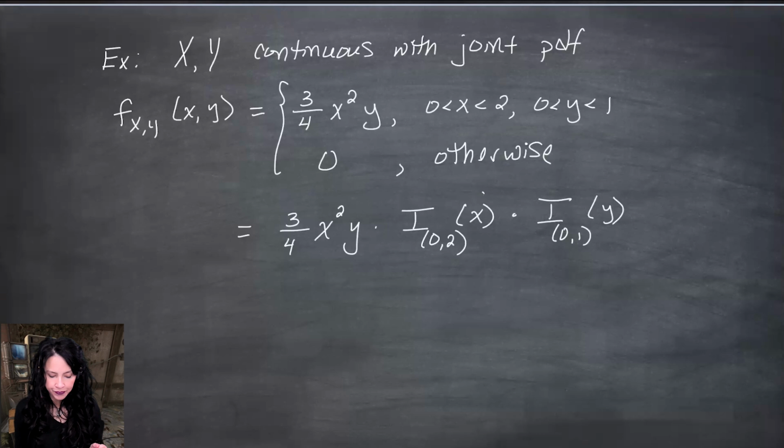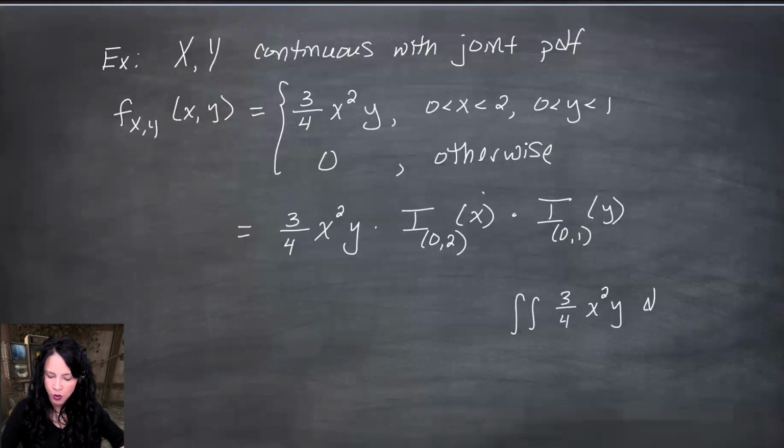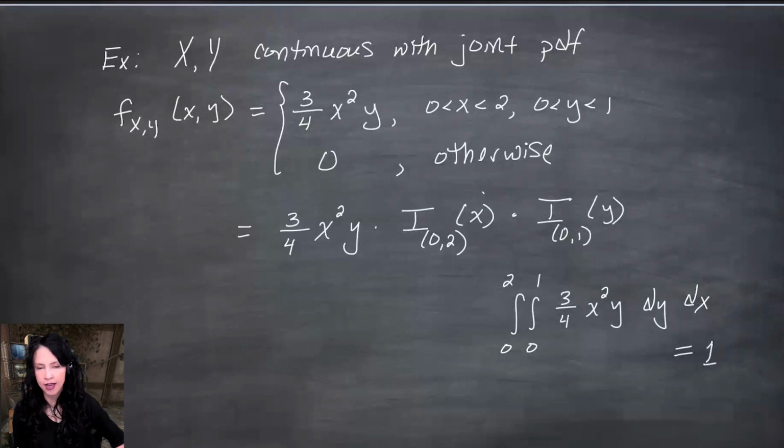Okay, this needs to be non-negative, and it's like a surface under which volume represents probability. And if you integrate over that whole region, it needs to integrate to 1. So the double integral of this is going to be 1. So I'm not going to do that. We're going to do plenty of integrals today. But if I were to integrate, I can do this in either order, dy dx or dx dy. So if I were to integrate 3/4 x squared y, maybe dy dx, and my x goes from 0 to 2 and my y goes from 0 to 1, I had better get 1, or this is a failed example.